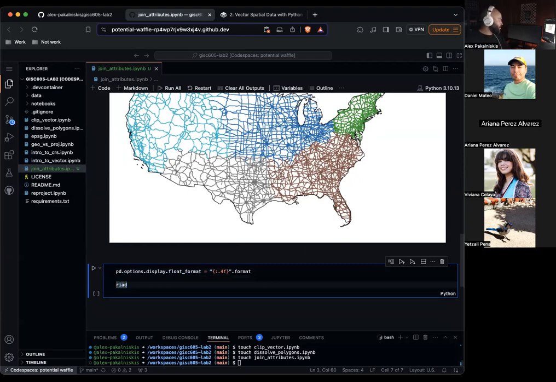Now let's do roads_albers length equals roads_albers index_right length.